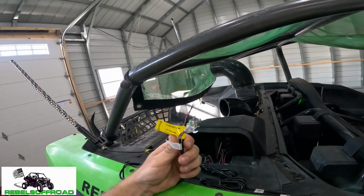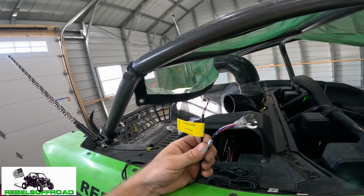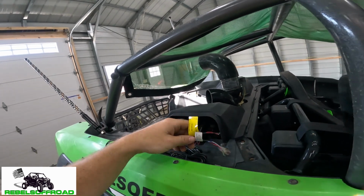And then I will also be close to where I need to tap in for my turn signals and my brake lights. So that's the type of thing you need to be thinking about when you're installing your kit. Where do you want your junction box to be? Where is a good line of sight? I think these controls work really well, but having it closer